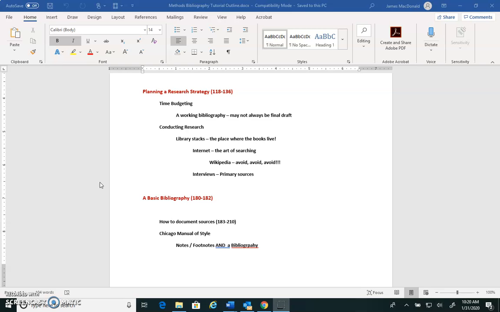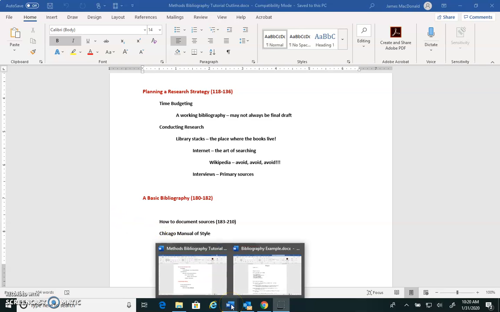So there is a working bibliography in the textbook, and I have that up here. It's on pages 180 to 182, and I'm going to flip to that real quickly because in my copy of the book, it's got a basic sampling of books, of articles, any documents. There's more than one way to format a bibliography, and what I'd also like to do is show you